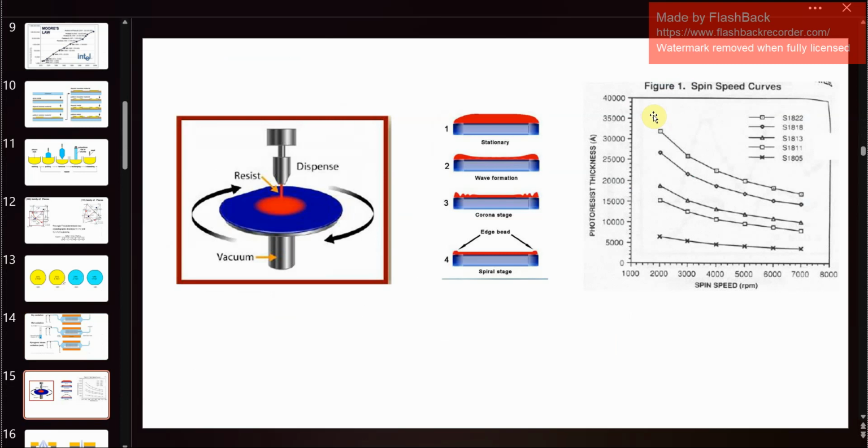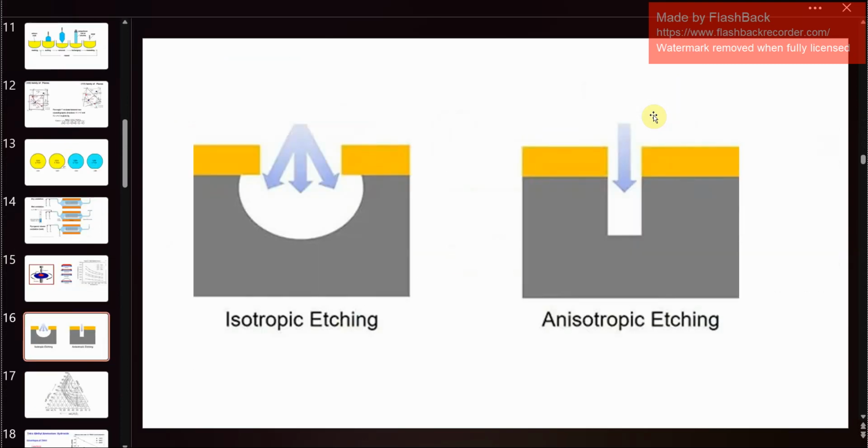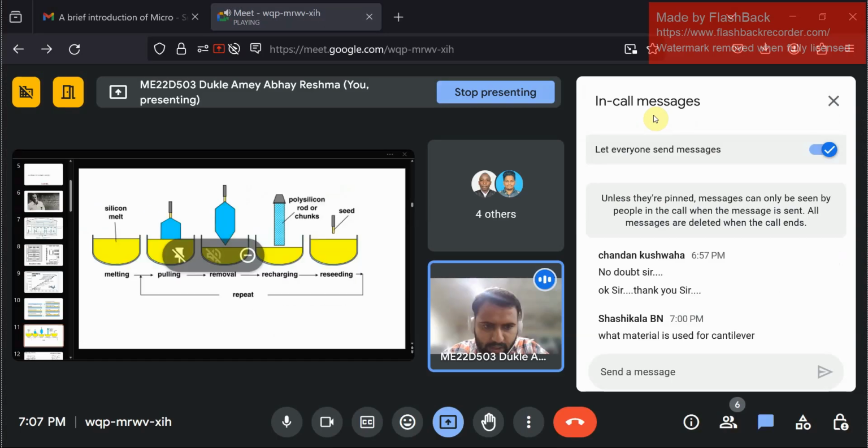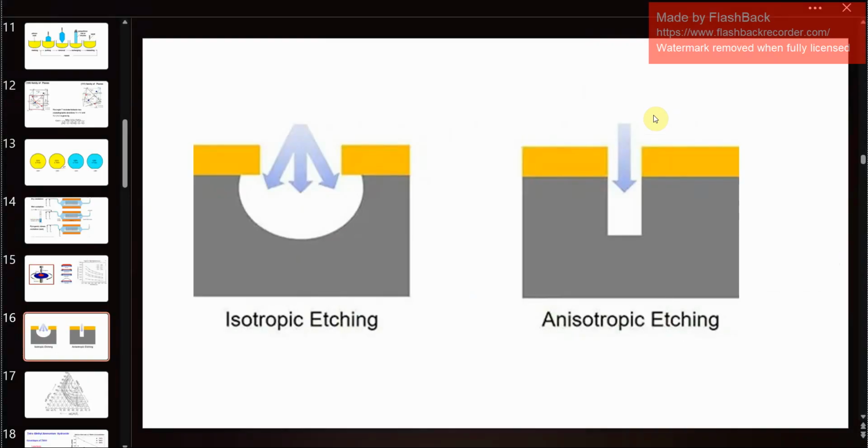So it takes a lot of time and effort to actually achieve the right properties. So this is how it is. Then after lithography, photoresist is placed. You develop the mask. So once you develop the mask, you wash out the unnecessary area, and then you etch the area which you